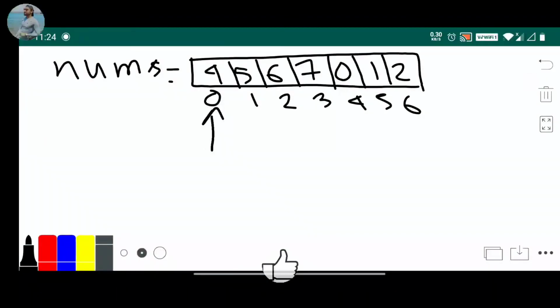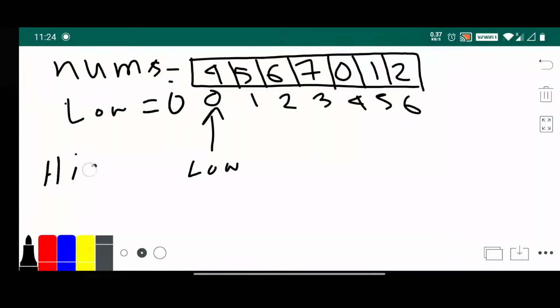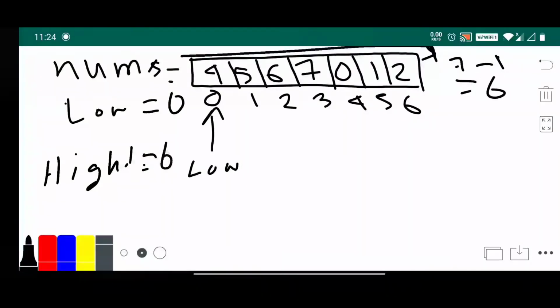So here is our example. We set the zeroth index as low, and the length of nums minus 1, which means index 6, is high. So total length is 7, 7 minus 1 is 6. So index 6 is high.